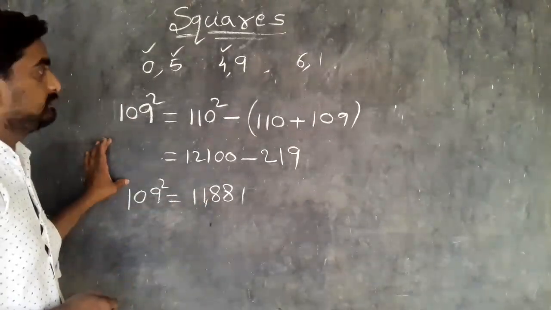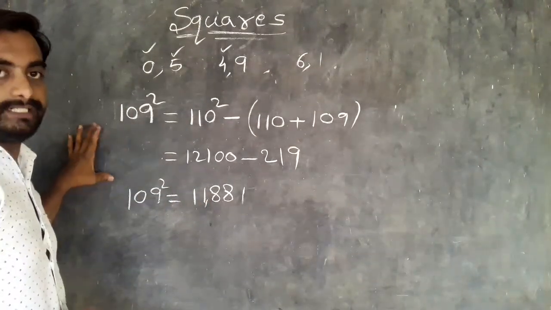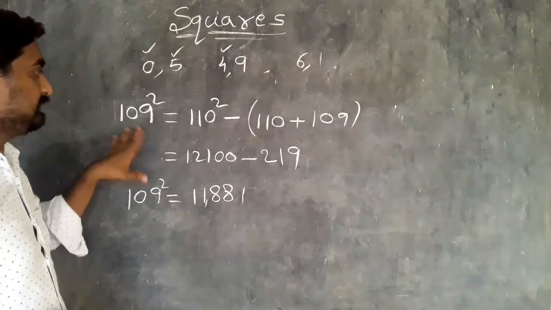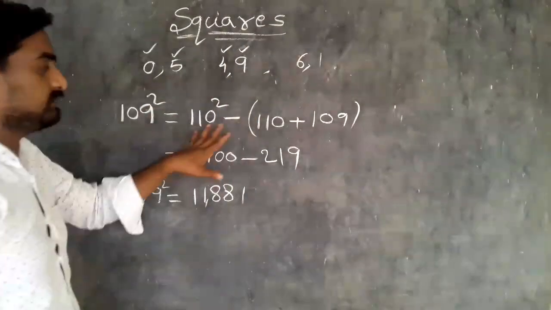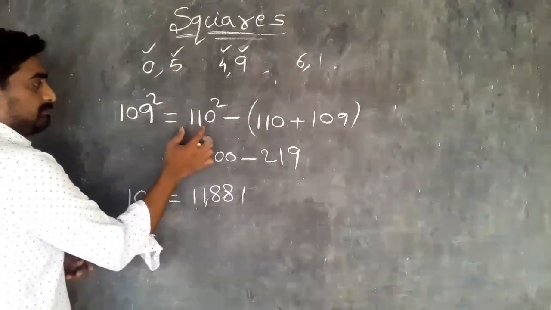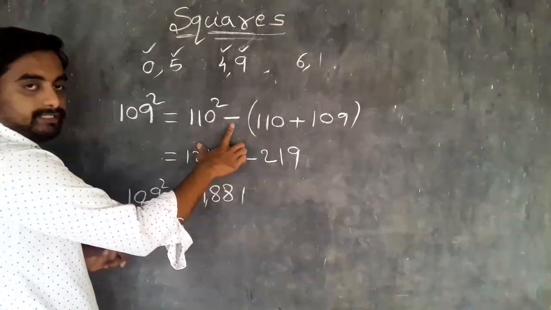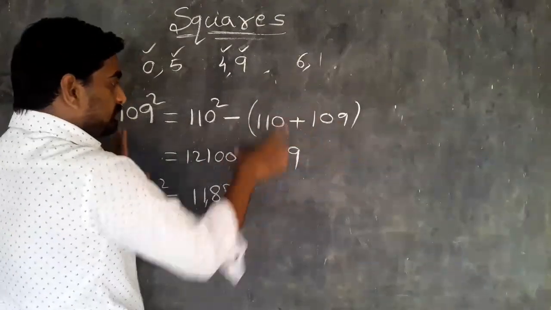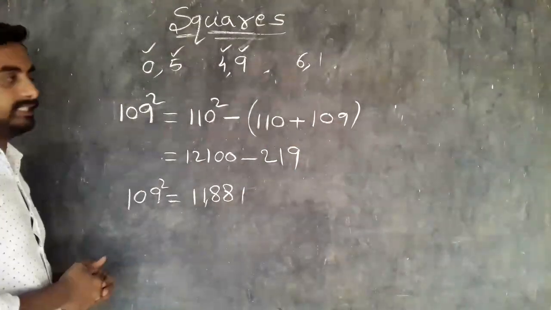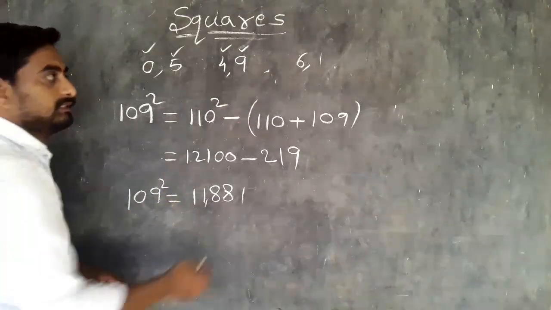The same model, friends, small number or big number, two digit or 3 digit. For 4 ending and 9 ending numbers it is the same order. We write the bigger number here, that's why we subtract. What square we write here and what number we want. This is the easy technique for 9 ending and 4 ending. So now we go for 6 ending numbers.